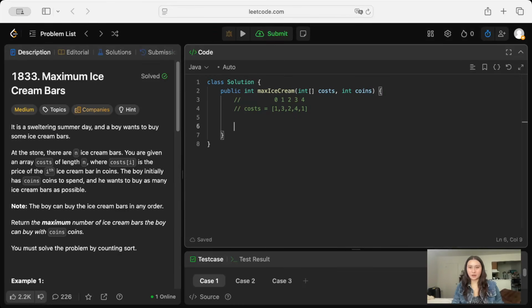So first we're going to start off by sorting the array. So we'll say Arrays.sort(costs). So once we sort it, then our array will look like 1, 1, 2, 3, 4. And let's move that so that they're aligned. Okay, and then